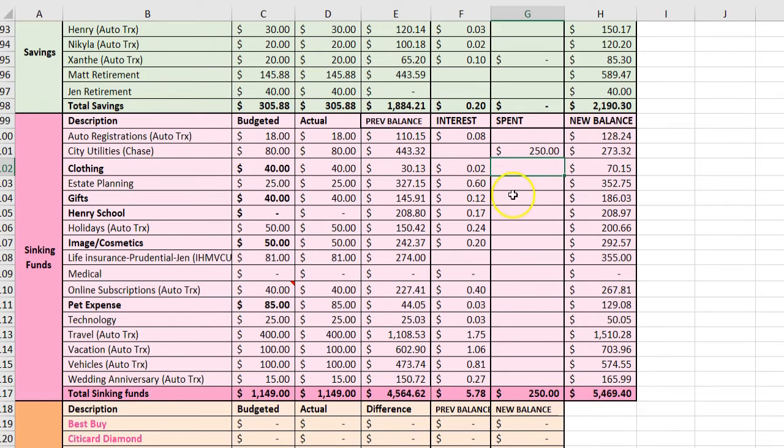Now, I know for a fact we're going to spend at least $250 out of here. And we're going to spend probably most of this. I'm going to say $125 out of here. And I'm going to have another $69 for Henry's school. I'm going to have $15 to get my brows done. I think that's in April. And the rest of this, I think this might be about $50. The rest of this, I don't have any plans to take anything out. So that brings us down to about $5,200 at the end of April